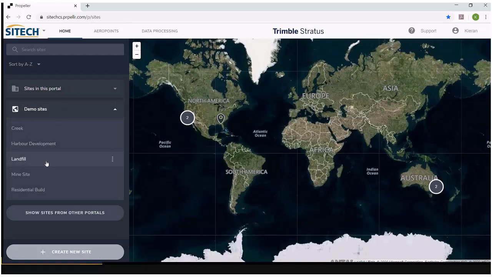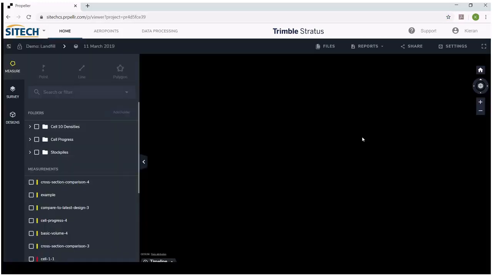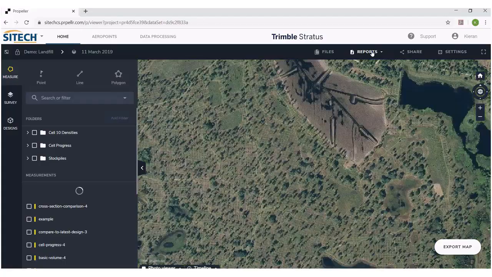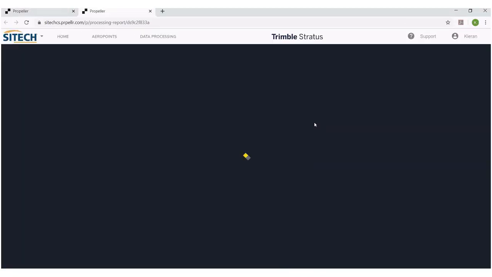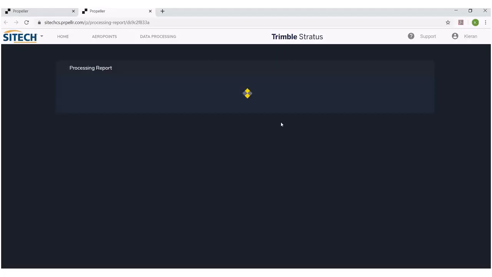Within that email, we would have a link to go to our processing report. So I'll see if the specific data set I'm looking at has got one. So this is a standard, hey, well done, standard sort of photogrammetry processing report you'd expect to see. It's giving us our